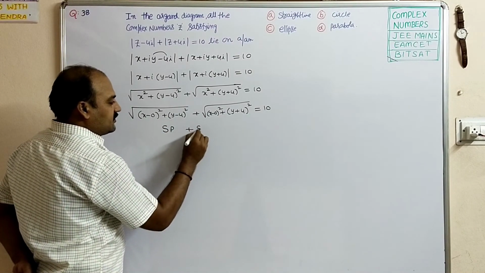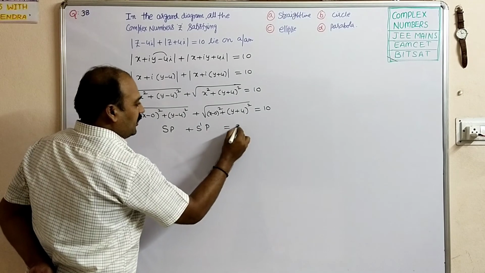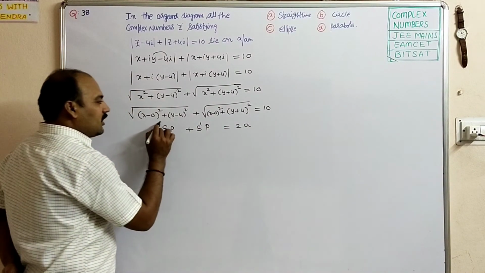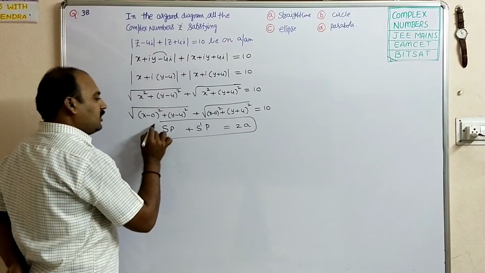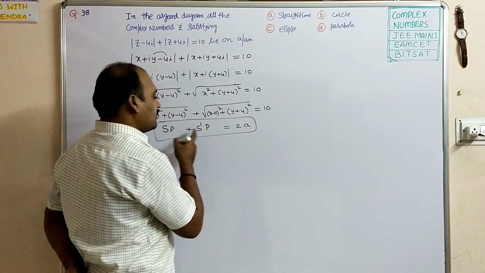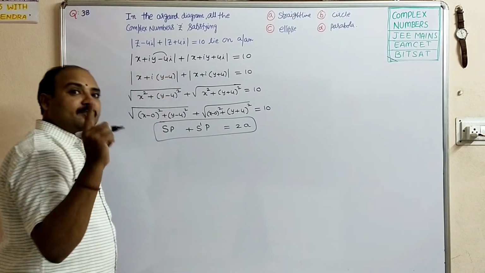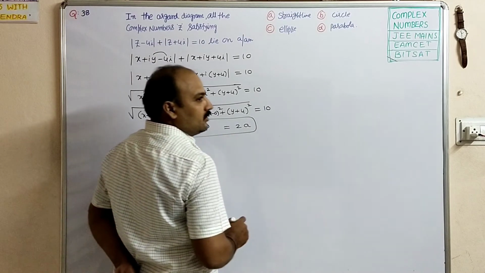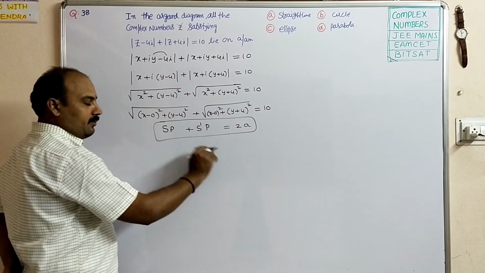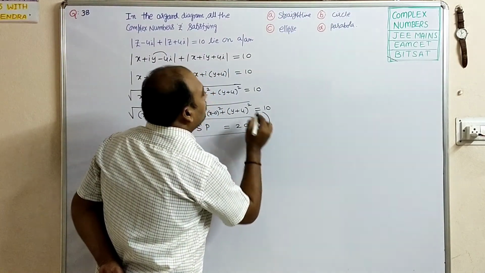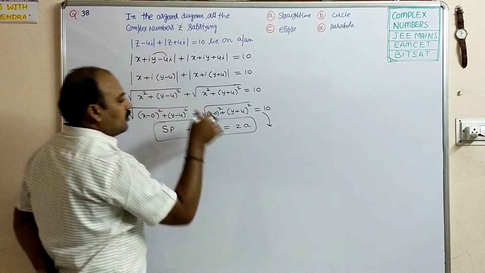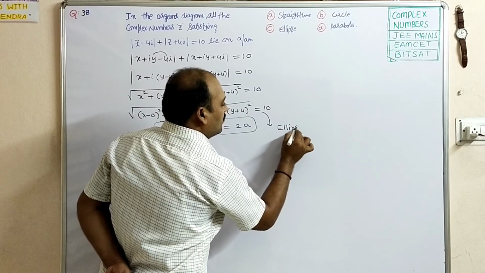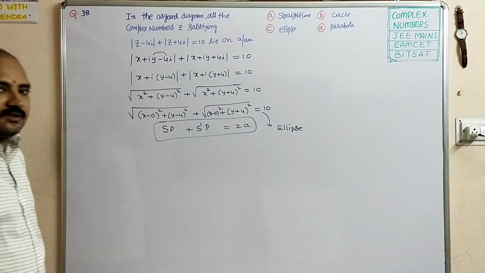It is in the form of SP plus S'P equal to 2a. We know that in mathematics 2B, paper 2 in intermediate, SP plus S'P equal to 2a when the point P lies on the ellipse. So SP plus S'P equal to 2a, or suppose if you do not remember, so obviously this curve, this condition satisfying, will become an ellipse. So we got the answer, but still doubt will arise.